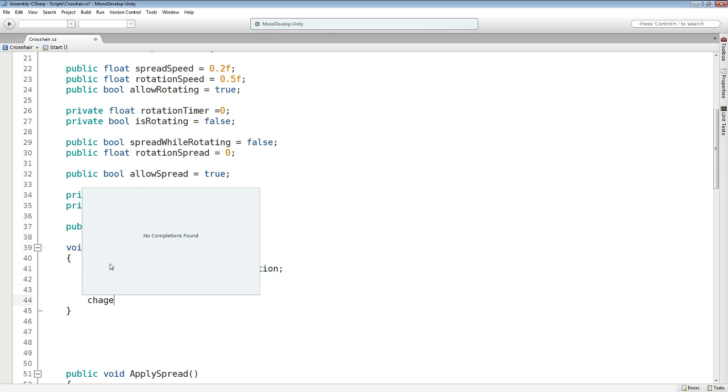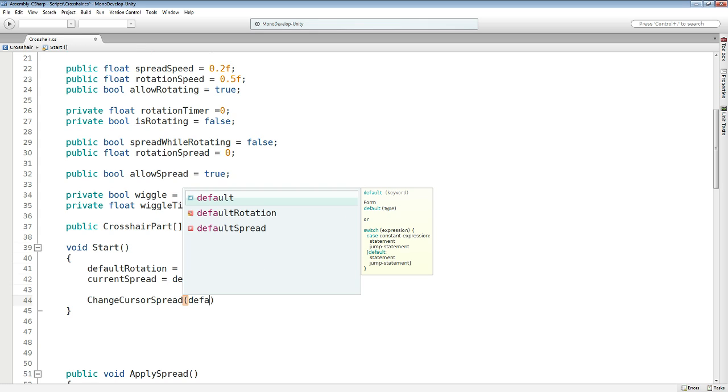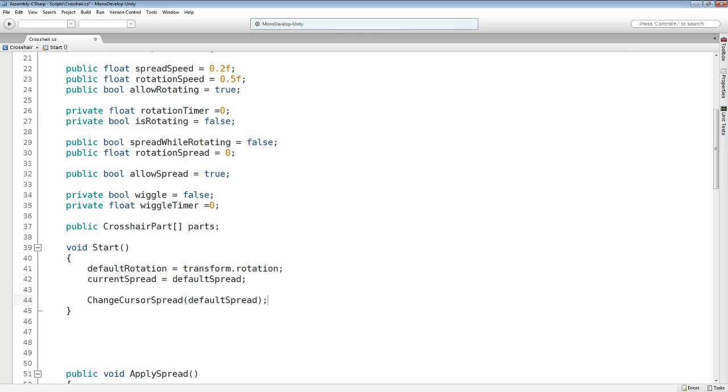Next off, we want to apply the spread we have for the first time. So we call the function and we pass the spread,